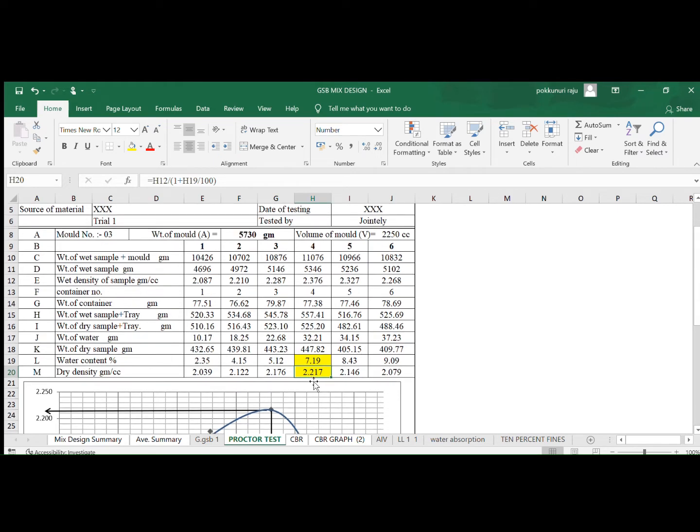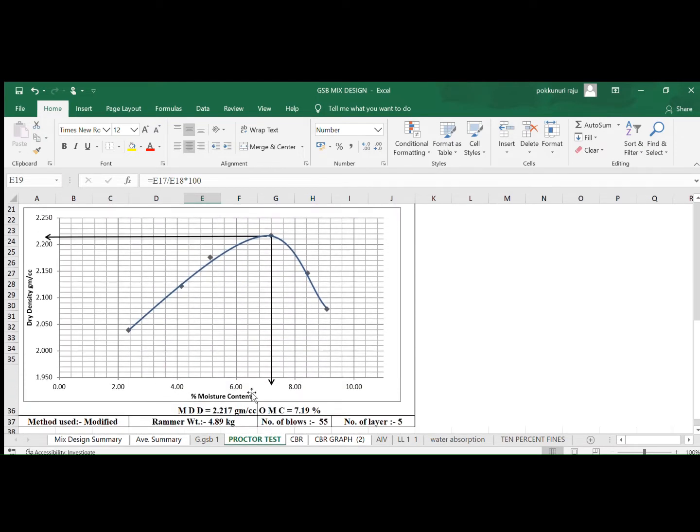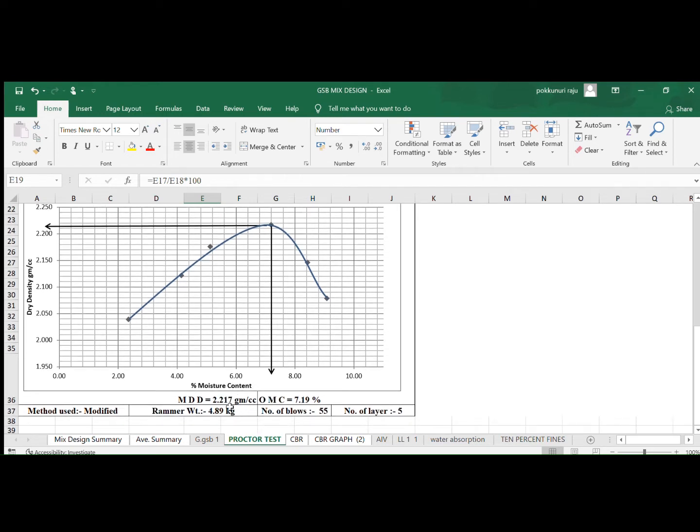Now to determine the maximum dry density and optimum moisture content, a graph is plotted using the moisture content or water content in percentage and the dry density. Water content is taken on the x-axis and the dry density on the y-axis, and the plot is done using the different points of observations, and a smooth curve is plotted. In this particular example, what is shown in the table gives the maximum dry density and the optimum moisture content. In this case, 2.217 is the maximum dry density and the optimum moisture content is 7.19